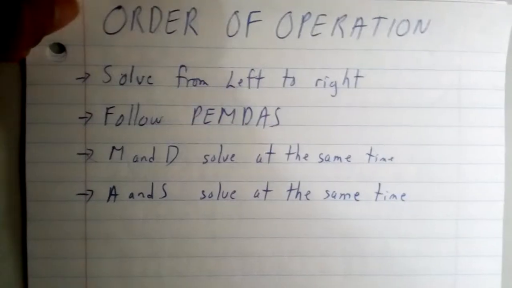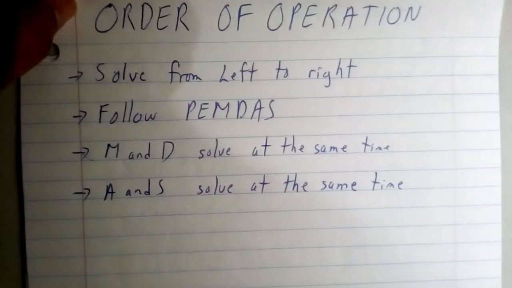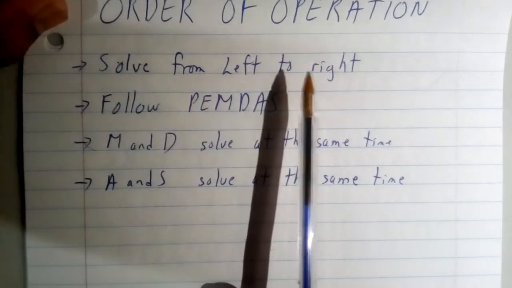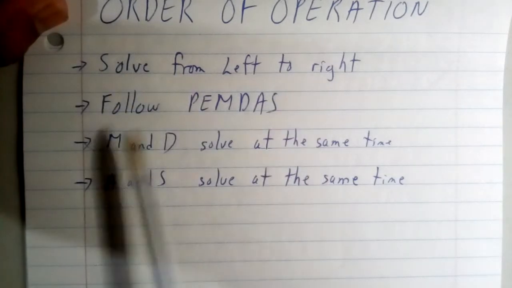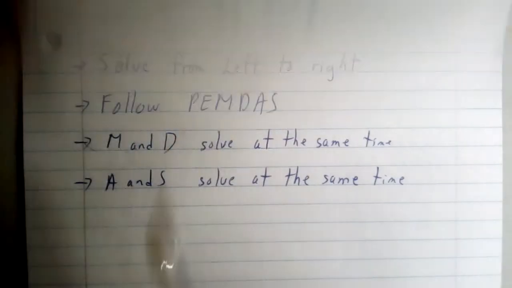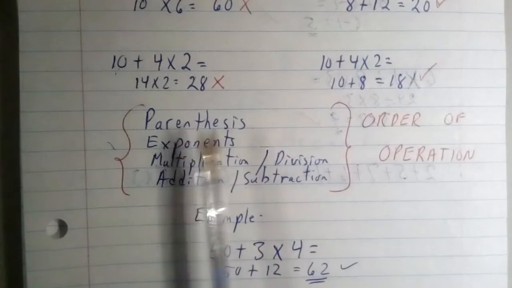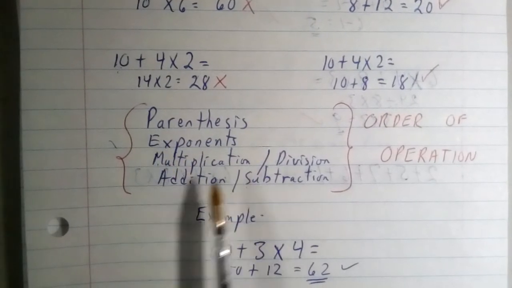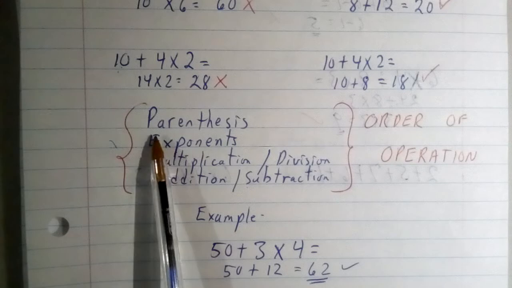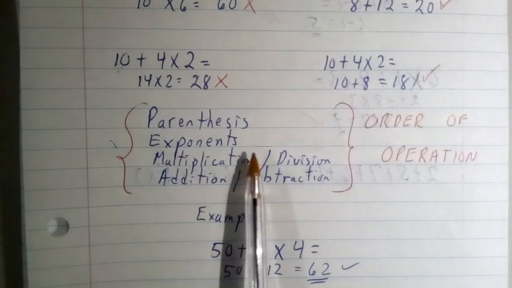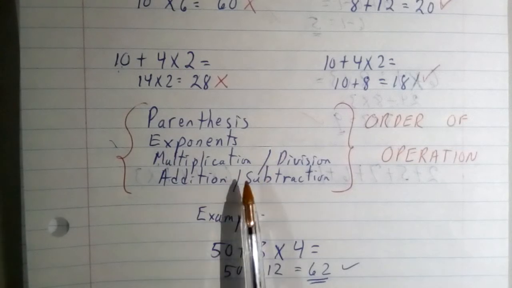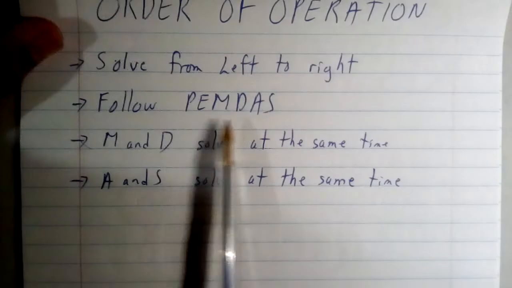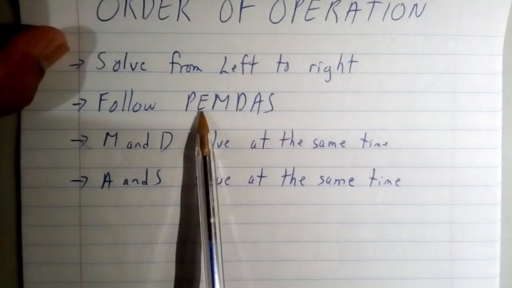The order of operation simply means, based on what we did on the previous video, that we followed from left to right to get our solution, and we followed PEMDAS. Well, what is PEMDAS? Well, the order of operations: parentheses, exponents, multiplication, division, addition, subtraction. PEMDAS, that is PEMDAS. Okay, so in other words, when we look at PEMDAS, we're going to say parentheses, exponents,